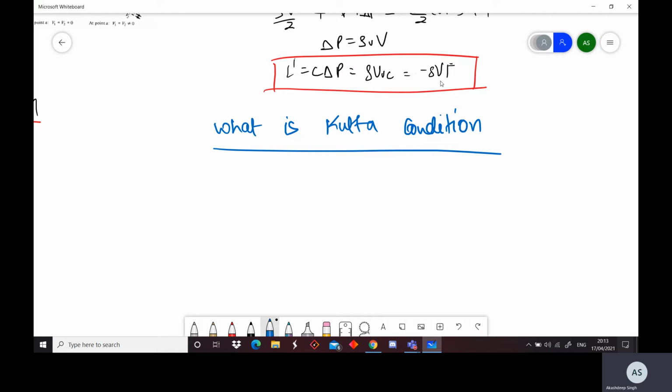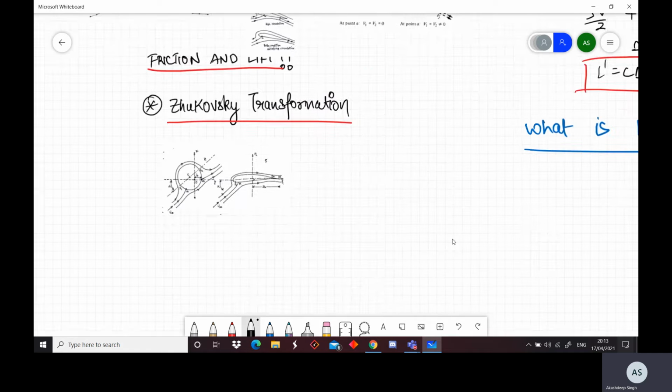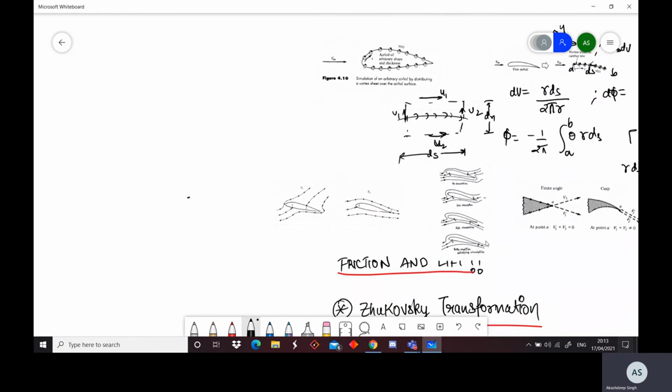So how do we decide? Because that is clearly not possible, infinite numbers of possible lifts cannot exist. For one particular airfoil at a particular angle of attack, there is always a particular lift associated. So how does nature decide? Experimentally, observing for a long time, it has been seen that nature fixes this in a particular way, defined and restricted by the Kutta condition, and we will see how that happens. That is the essence and necessity of the Kutta condition.